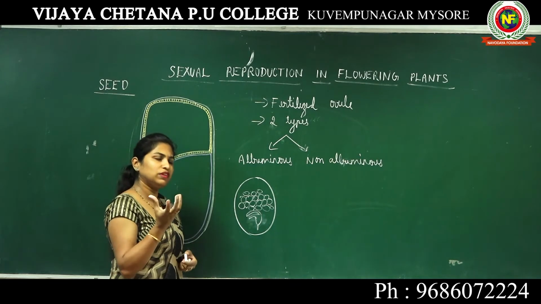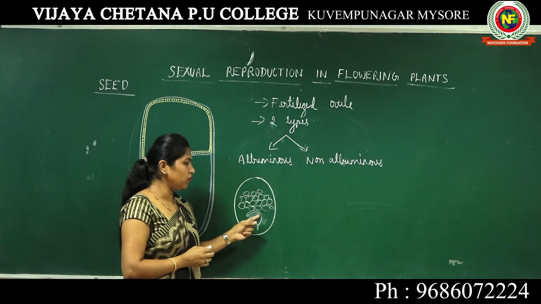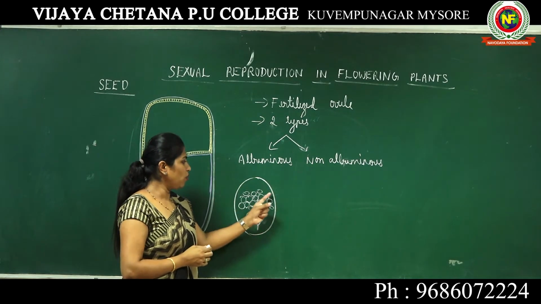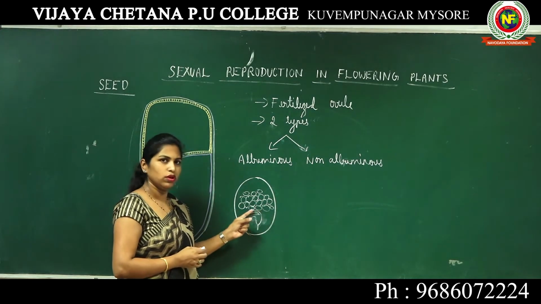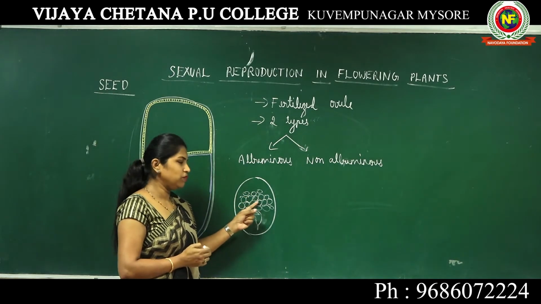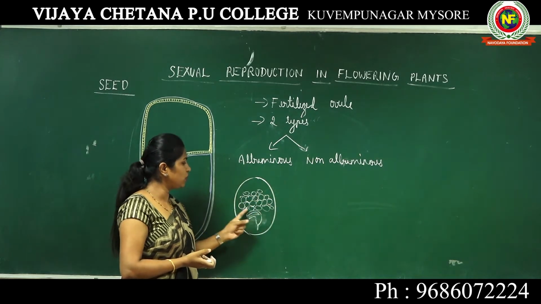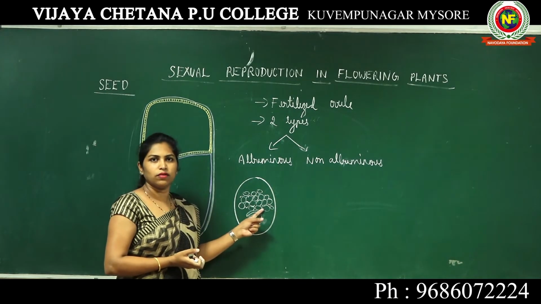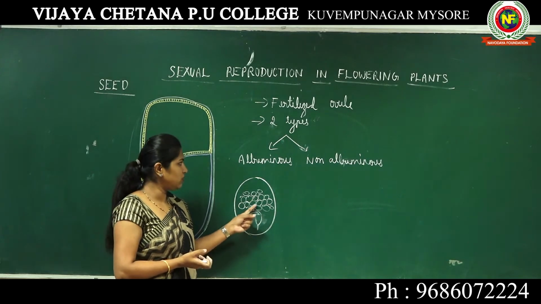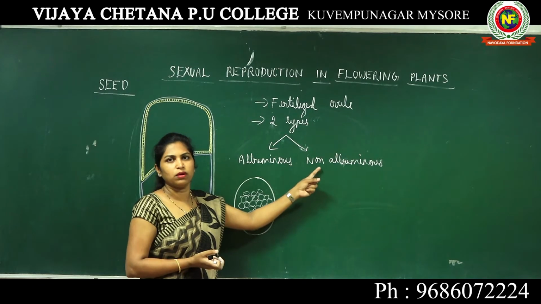Okay, in a few seeds what happens is that the developing embryo will consume all the endosperm tissue present inside the embryo sac. At that particular time when the seed is formed, there is no endosperm tissue inside the seed. Such seeds are known as non-albuminous seeds because there is no endosperm tissue